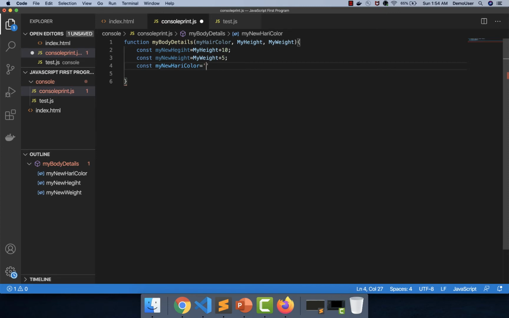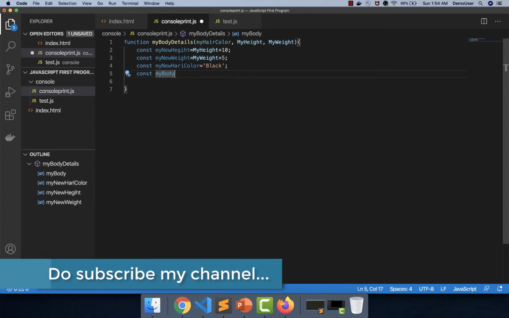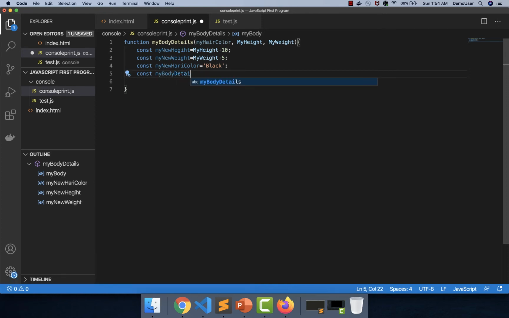and I will say, let's say, black. And I want to form a string, my body detail, and I will sum all of them.